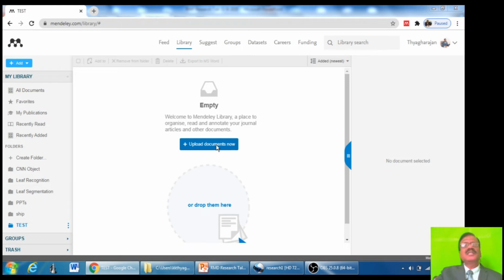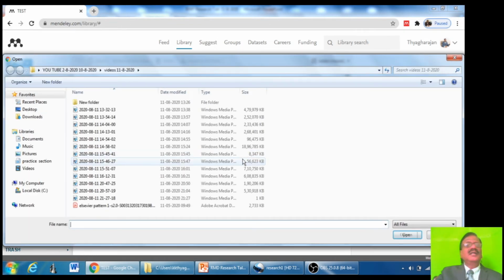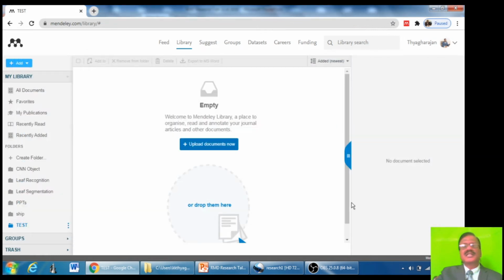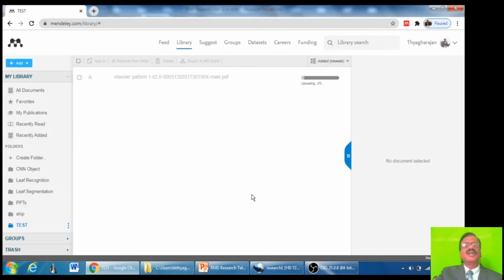I am clicking this and choosing a file from my computer. So I want to choose this PDF file. It is a paper published in the Pattern Recognition Journal.